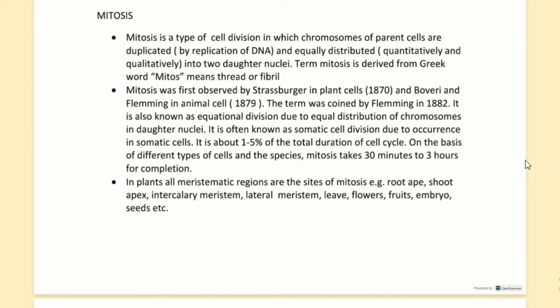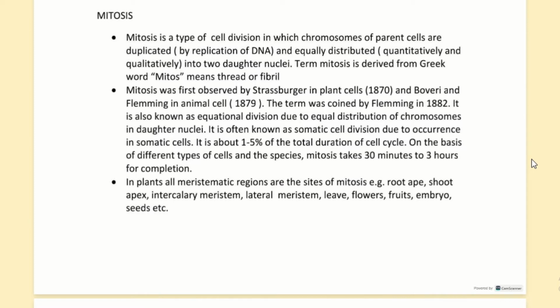Then we have mitosis. It is a cell division in which chromosomes of parent cells are duplicated into two daughter nuclei. The term mitosis is derived from the Greek word mitos, which means thread. Mitosis was first observed by Strasburger in plant cells and Boveri and Fleming in animal cells. The term was coined by Fleming. It is also known as equational division due to equal distribution of chromosomes in daughter nuclei. It is often known as somatic cell division due to occurrence in somatic cells, 1 to 5% of total duration